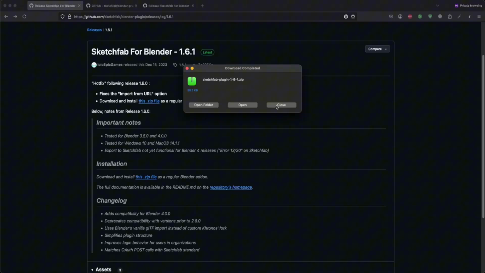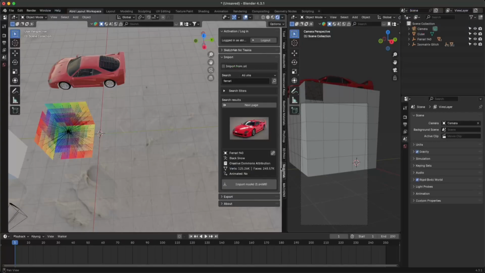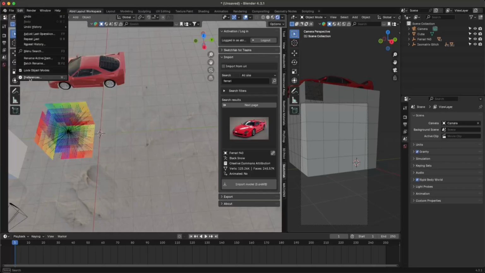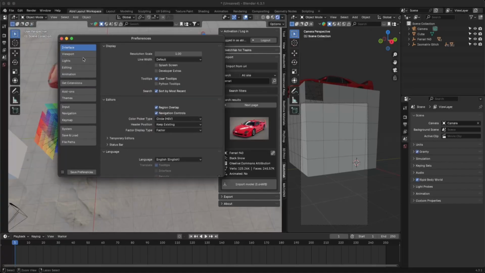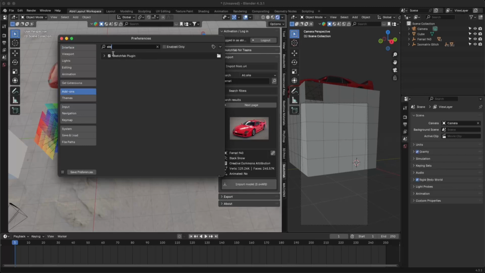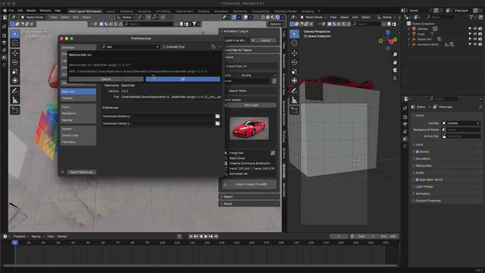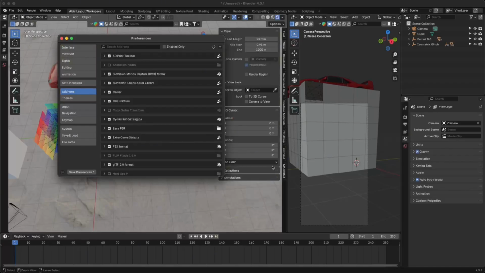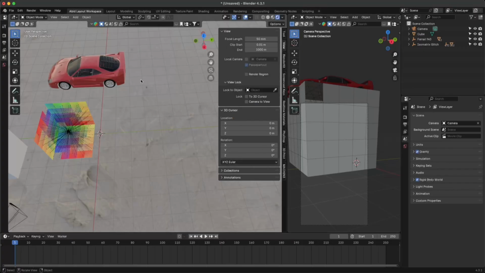Alright, let's go to Blender and install this plugin. Here we are in Blender. I already have this plugin installed, so let's go ahead and uninstall this. Go to Edit, Preferences, and in the add-ons section search for Sketchfab. You probably will not have this Sketchfab plugin, so let's go. I am going to uninstall this, and now we can see that there is no Sketchfab plugin here and the